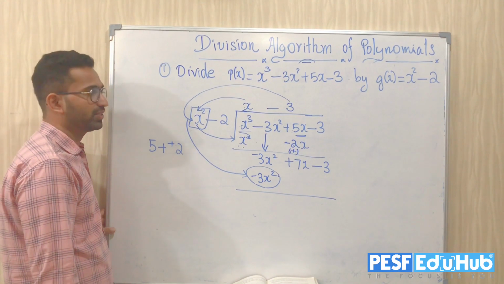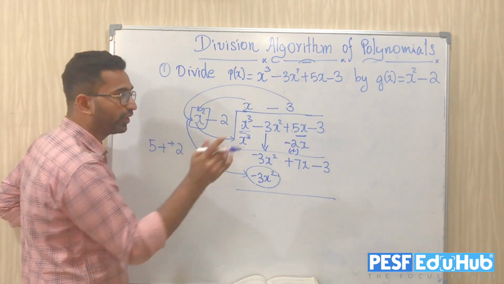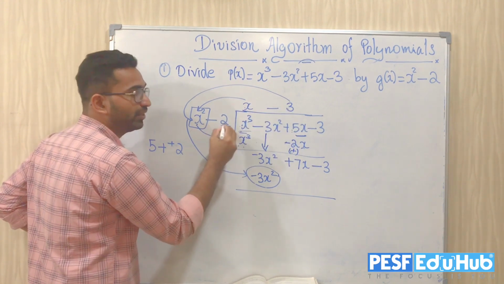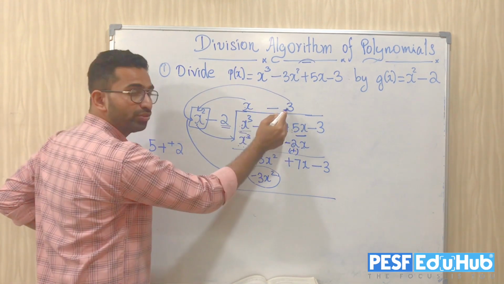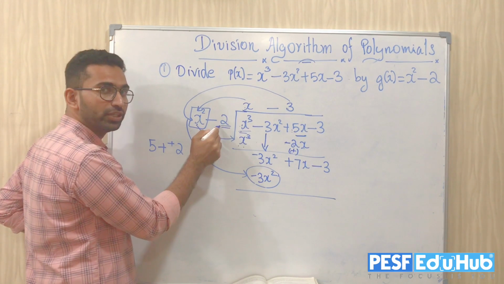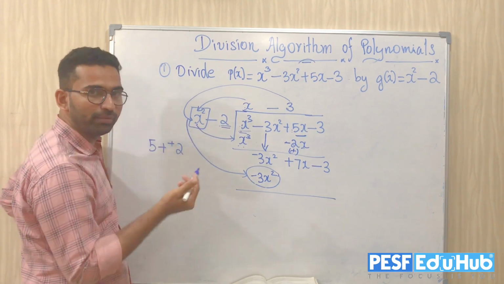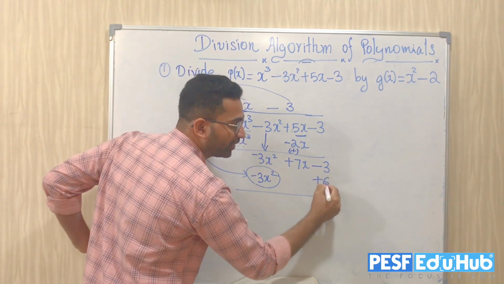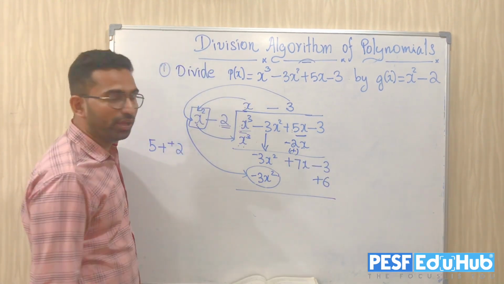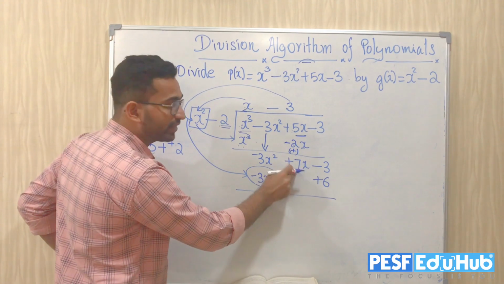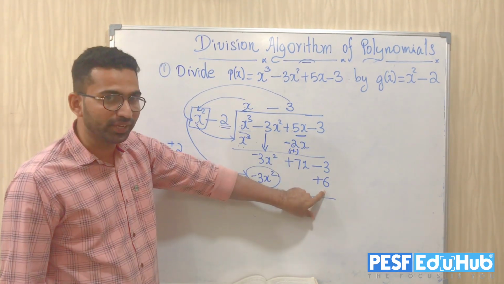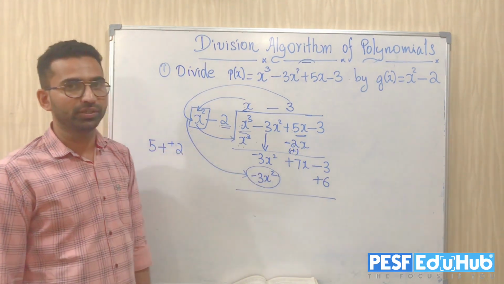Am I right? Yes. So as I told you, don't forget, you have to multiply the term minus 3 with the second term in the divisor. Minus 3 you are going to multiply with minus 2. Minus 3 multiplied by minus 2 becomes plus 6. And where should I write? I should write just below the constant term, because this is a 7x. 7x and 6 are not like terms. So you have to write this plus 6 just below the constant term.